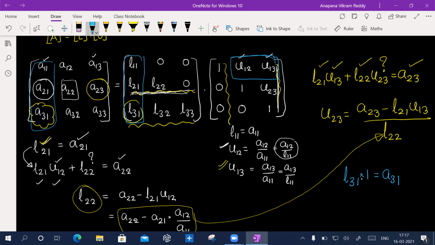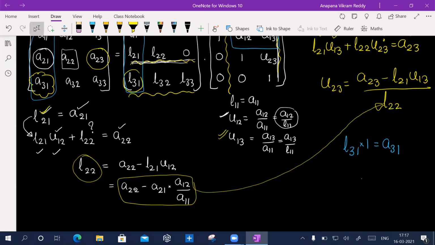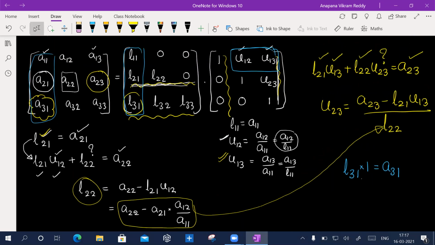Now, can we adapt a procedure to find the L and U elements? If I ask you to write one algorithm for Crout's decomposition method to find the elements of L and U, what is your idea? Because we did all these derivations and you have this generalized form. Can you construct an algorithm based on this generalized form? An algorithm means the observations become an algorithm. The first column of the L matrix is equal to the first column of the A matrix. This I can put as one step in my algorithm.